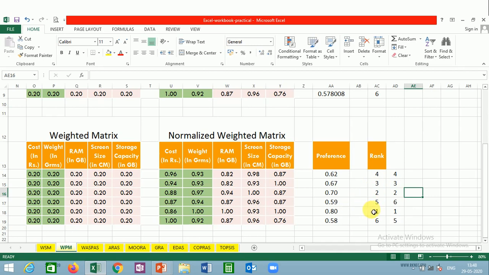Fifth alternative is ranked first in both the methods, okay. Now there is a slight change. In WPM the fourth alternative is ranked as 5, whereas in WSM the fourth alternative is ranked as 6. So it keeps on changing. Means whenever you will be applying different methods, since the methods of calculation are different, we will be having different ranks.